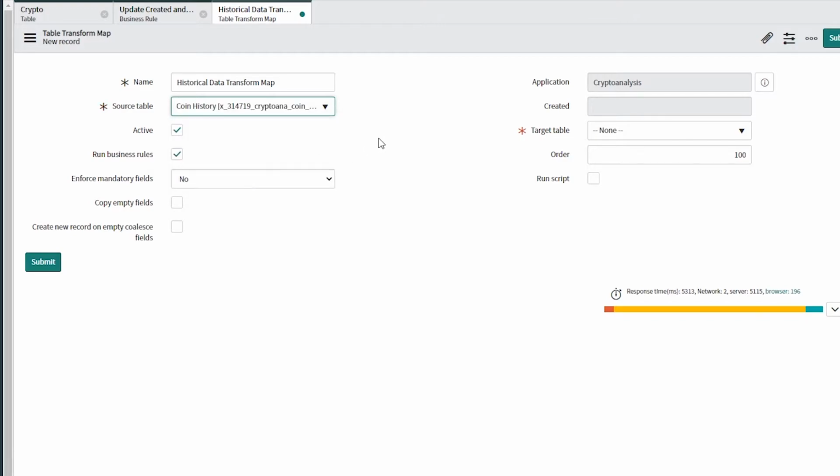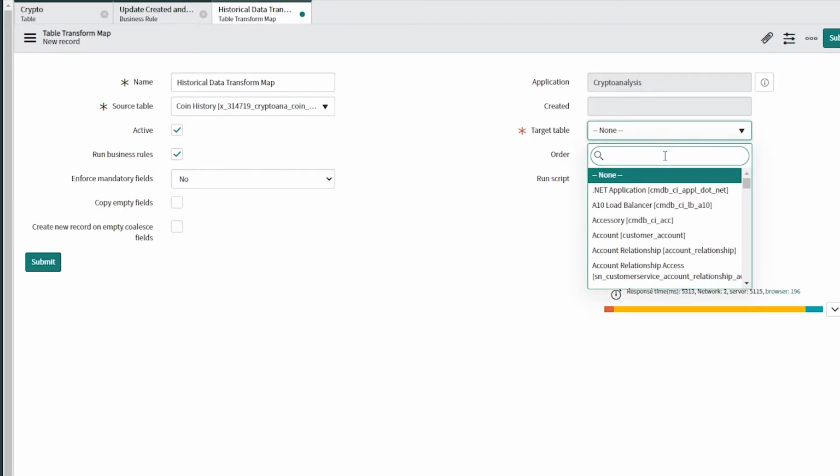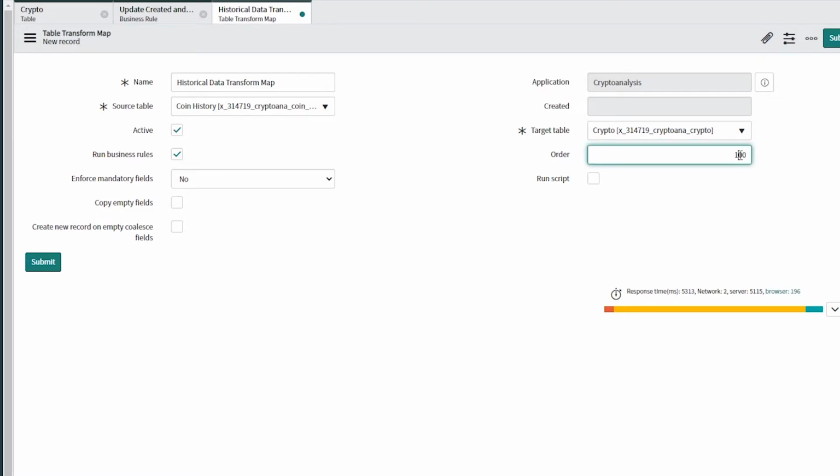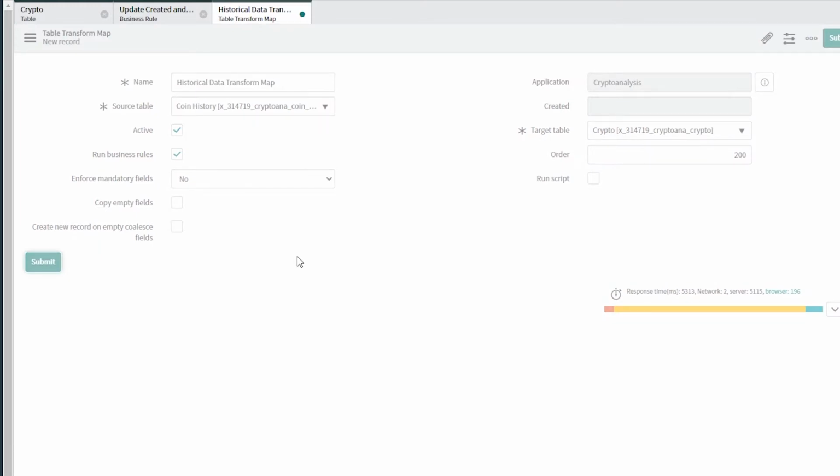Okay, the source table is the coin history table, and here I'm gonna have crypto table, that's our target table, and the order should be 200. We have already our business rule, which is 100, and we should run the business rule first and then the transform map. Click on submit,